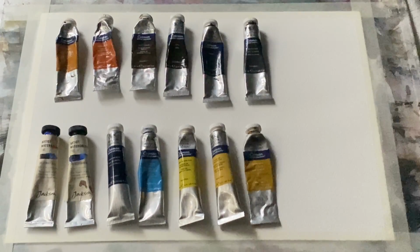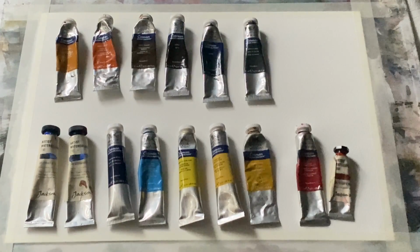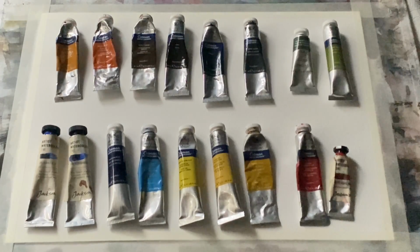So that's my extra yellows, and now my reds. There's Cotman Alizarin Crimson, which is a lovely colour, and then a really bright, rich French vermilion from Jackson's, their own brand colour. And then lastly, my made-up greens, my ready-made greens. I do make up a lot of my own greens, but when I need a go-to ready-made green, I'll go